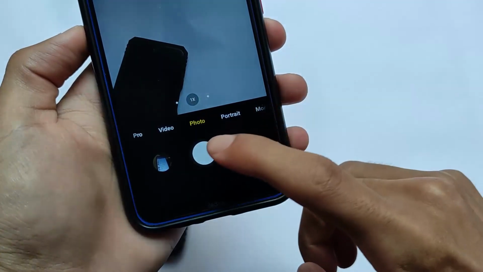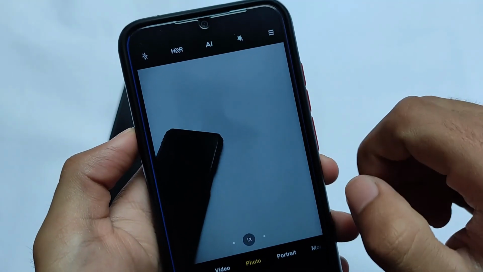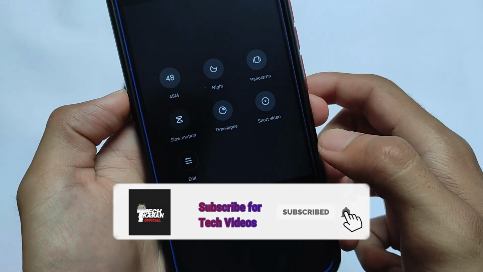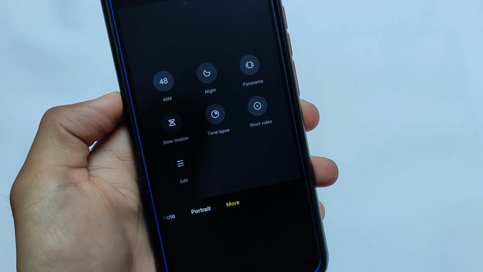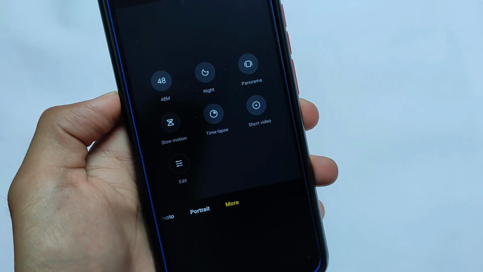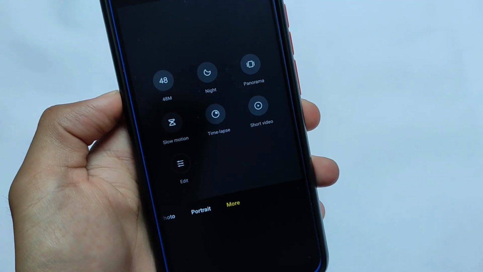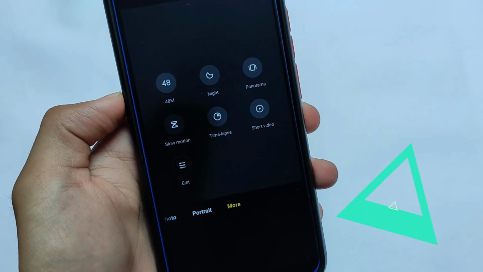So guys, if you're using Android version 11 on your device running any kind of custom ROM, maybe Corvus OS, Evolution X, or any other custom ROM based on Android 11, you might have felt that you need the Mi camera installed if you want to use the 48 megapixel or 64 megapixel. If you need all those features which you get in the MIUI camera, they are available in this. Now we have the update and I'm going to show the zip file link which is required to install this